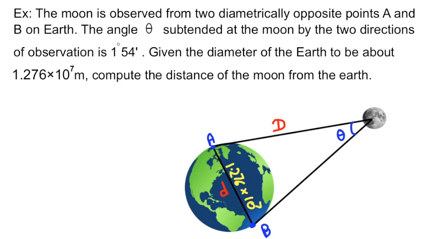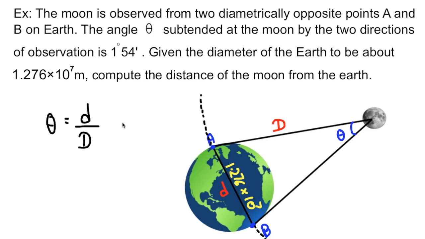As we have seen in our previous sessions, here we will be finding it using the formula theta is equal to arc upon radius. If it is a part of a very big circle, then D would be the radius. Theta is equal to arc length, the diameter of earth d, upon radius D, that we had already seen in the theory of parallax method.